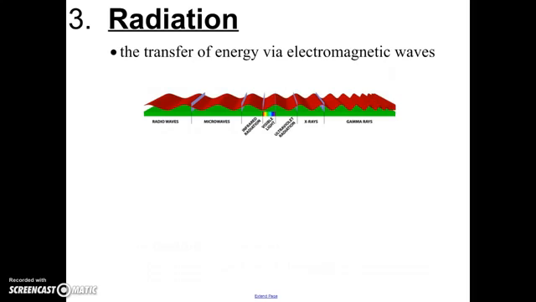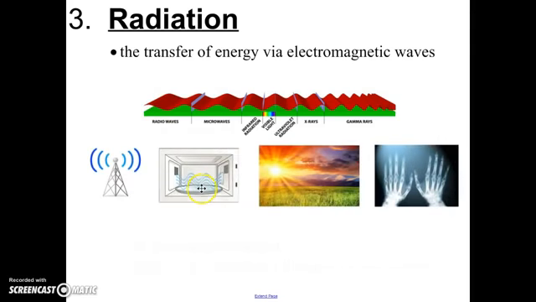The third type of energy transfer is called radiation. Radiation is how energy travels when it is in the form of an electromagnetic wave. So we've already studied the electromagnetic spectrum. Radio waves, microwaves, infrared radiation, visible light, UV rays, X-rays, and gamma rays, these all travel through the process of